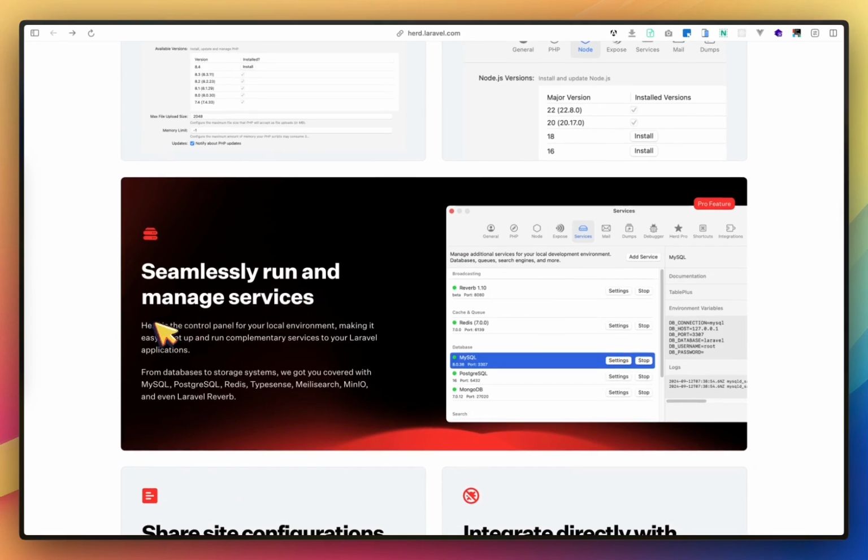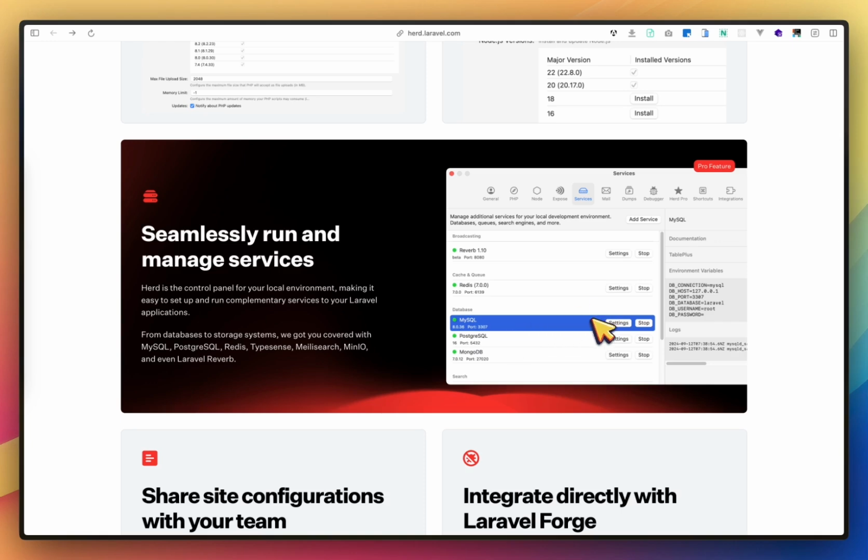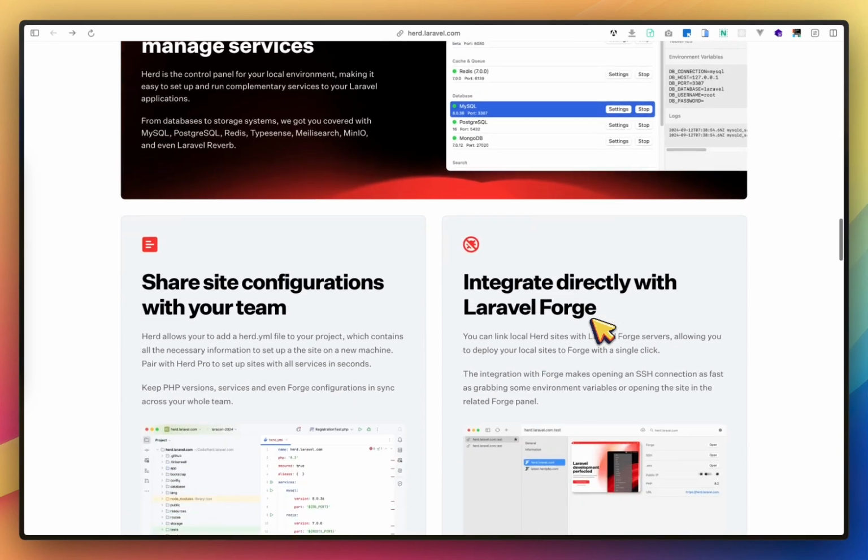And then in Herd we can see other services like MySQL, Postgres, MongoDB, but these are provided in the Pro feature. I will create another session on an alternative way to run MySQL, Postgres or Mongo without buying this Pro feature.